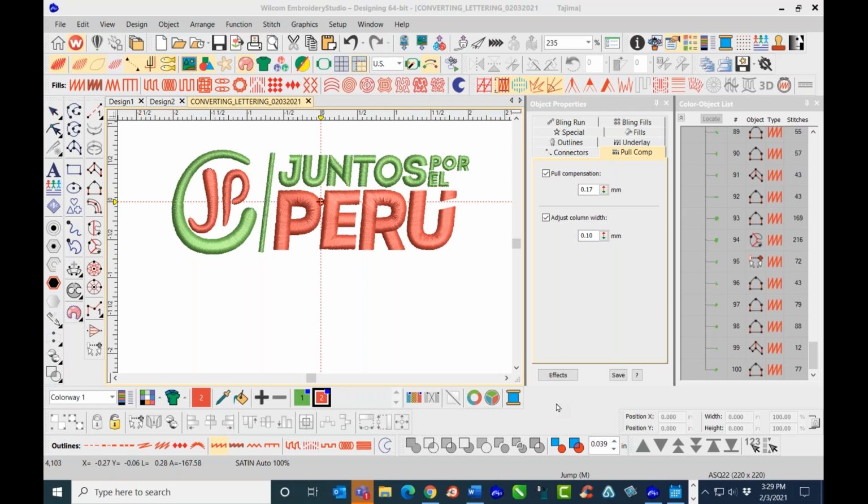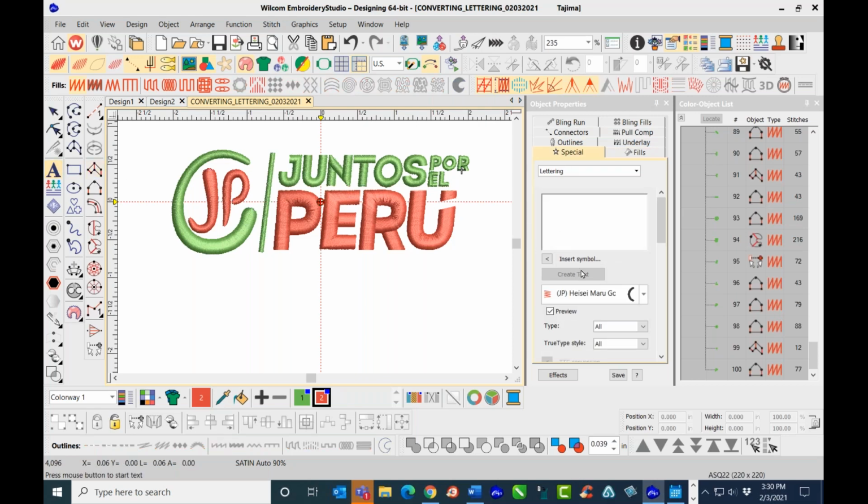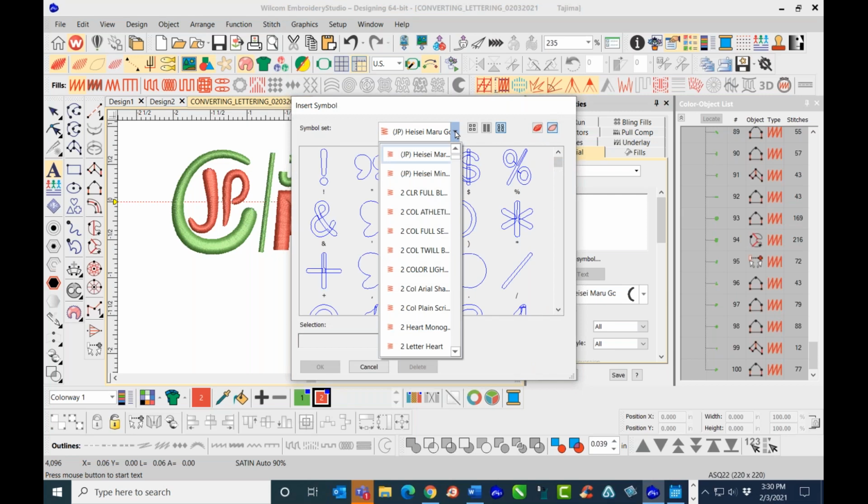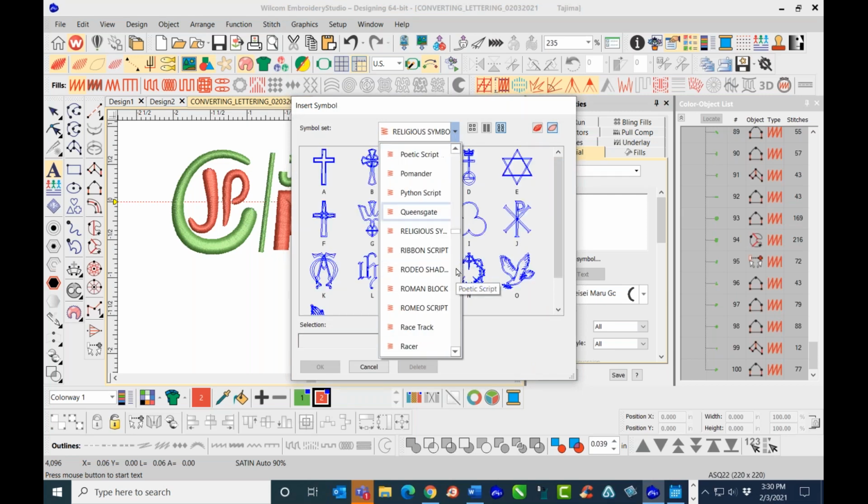So for the trademark, when you have designs and sometimes they're small, you need to go in and do a trademark or a registration mark, or a copyright symbol. The best way to do it, I usually go in, if you have artwork with that on there, you can measure it on the screen. I usually right click here on the letter A, and you don't need to type anything in this box. You'll go to insert symbol. If it's a running stitch, I'll choose R for run, and I'll scroll down. I will use the run